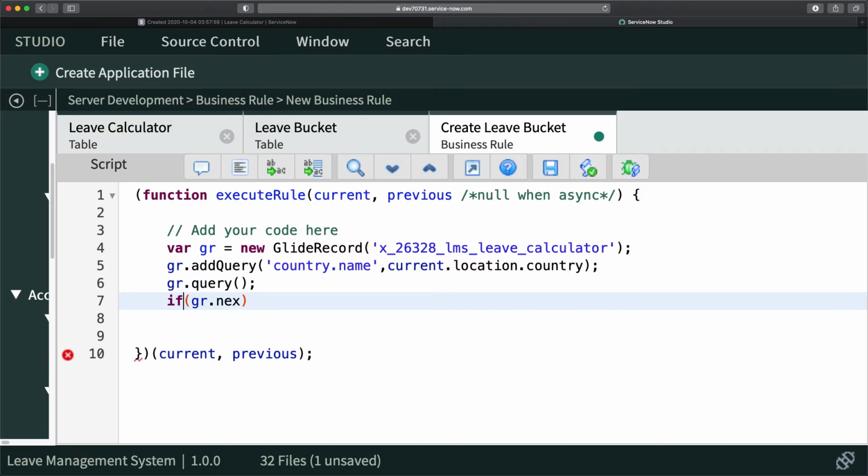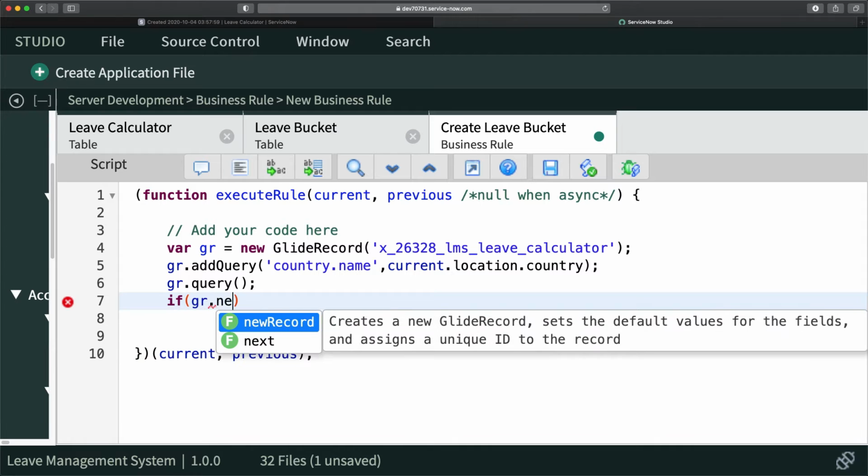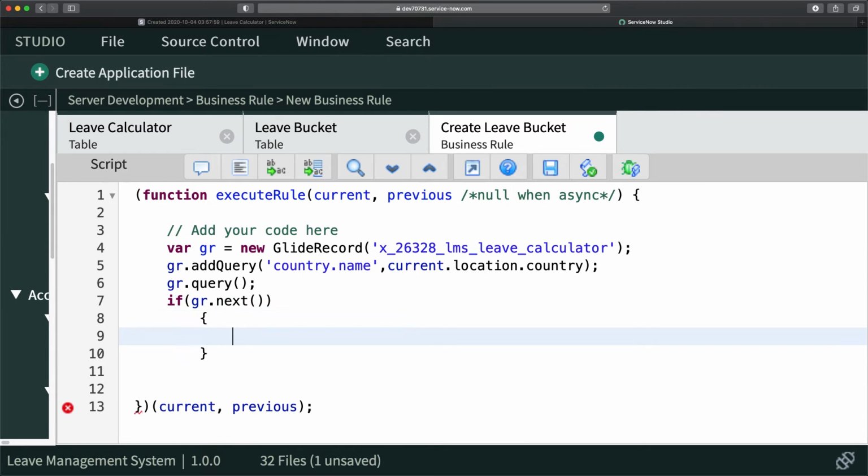But maybe I would say multiple buckets are created. I think it will definitely trigger the business rule. So you can also do if gr.next. I think gr.next is also okay. So now I have to write the script over here as per the condition we have in that leave assignment